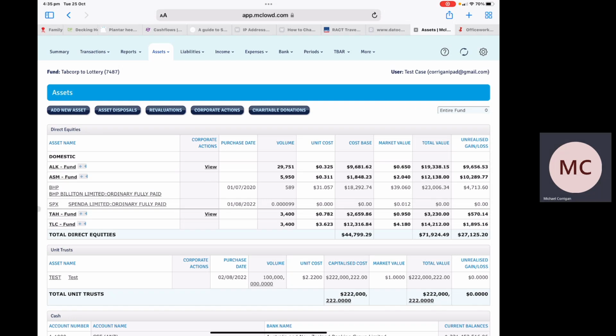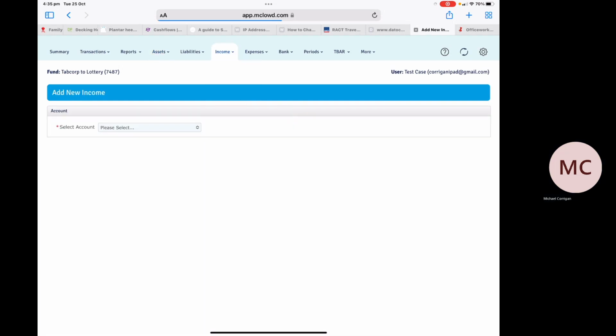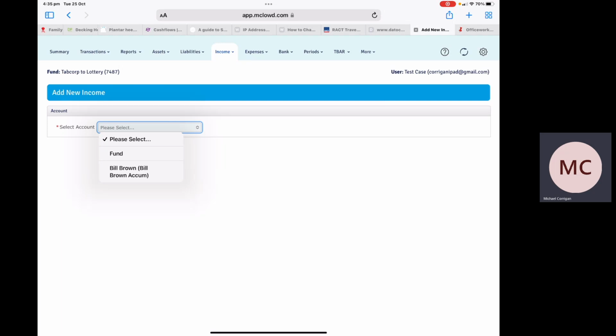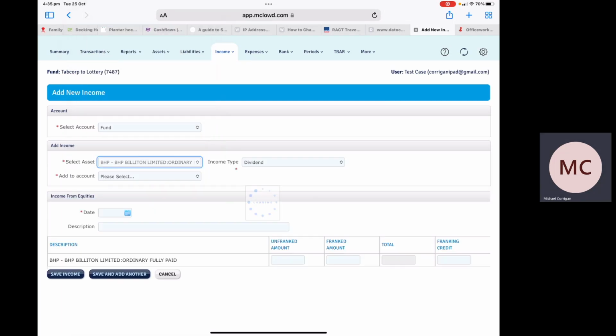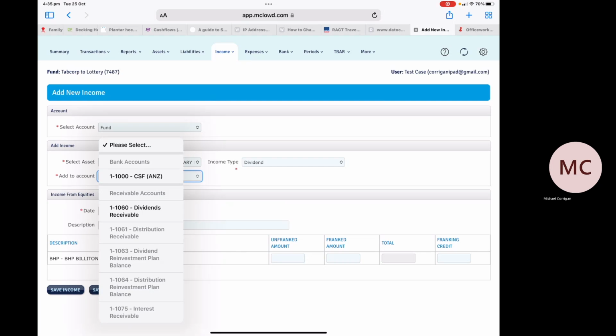The first thing to do is to record the income. So basically we need to add the asset income. For the fund itself and obviously the BHP shares, record dividends, and you need to add it to a bank account. So just pick one of your current bank accounts and make sure